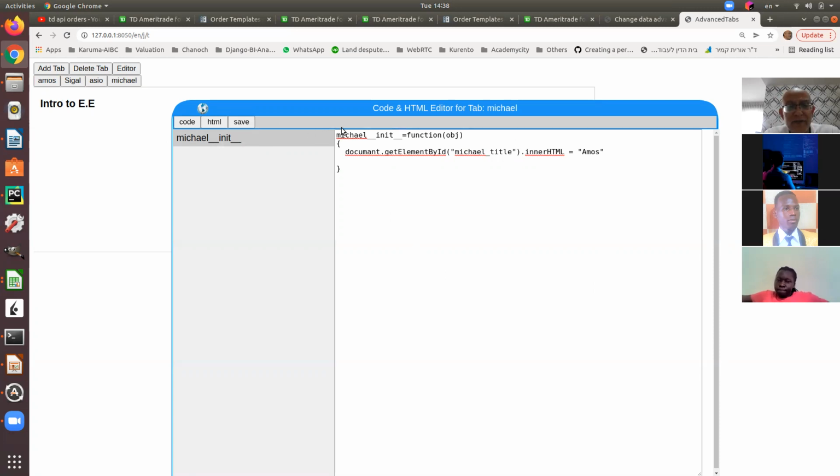By the way, you notice I'm clicking here to make sure that this is on the change feature of this. This is a text area. So I need to click somewhere so I know that it's saved it. And then when I click, it saves it to the database. Now when I run it,